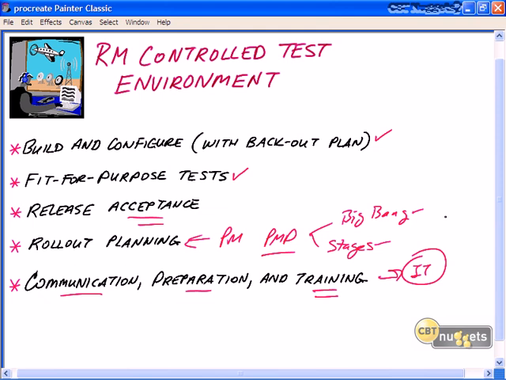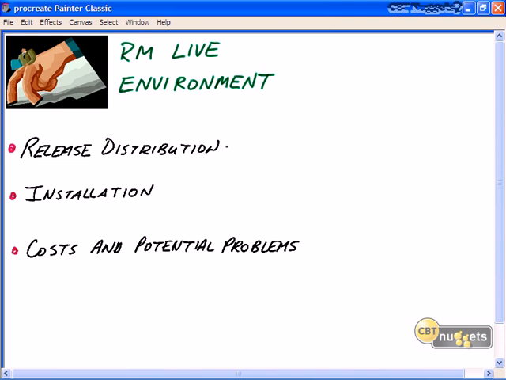This could be just simply having awareness training published to a website and making that available, all the way down to actual training modules that you develop, for example, like a CBT Nugget. You could have a custom CBT Nugget solution for this particular software or hardware. Depends on your organization. From our diagram, the third release management environment is the live environment, and it speaks for